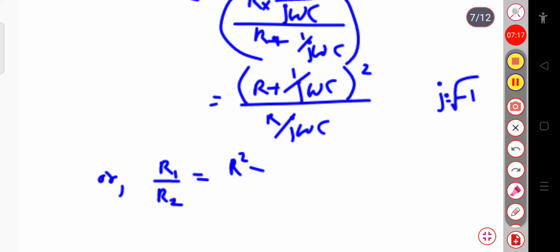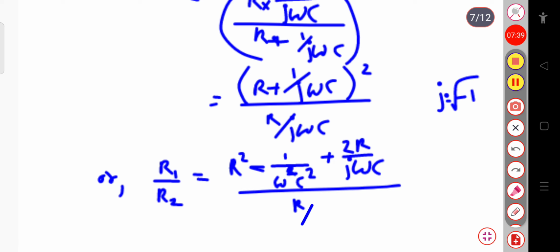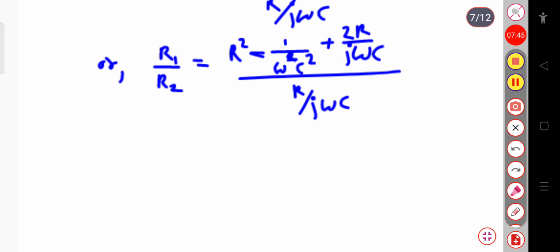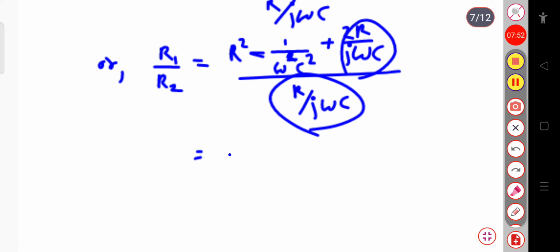So here this is in the form of a plus b whole square, that is R square minus 1 by omega square c square, because j square will be minus 1, plus 2R divided by j omega c, whole divided by R by j omega c. Again this can be written as, this R by j omega c term gets cancelled, this will be 2 plus,